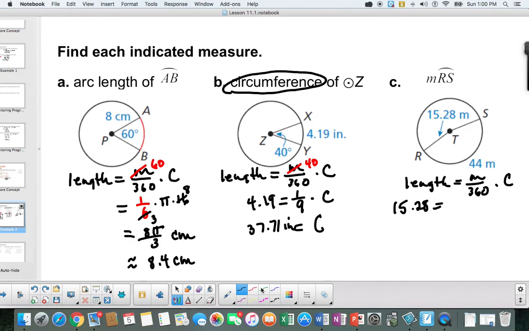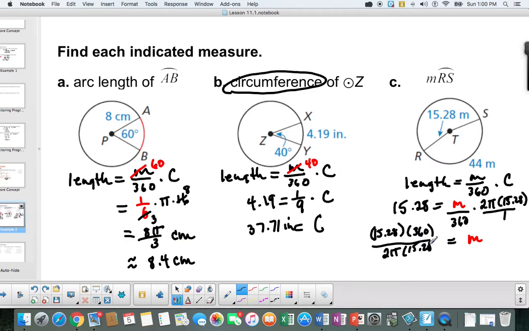I don't know the measure. I'll put m here, divided by 360 times, and then my circumference is going to be 2 pi, and then my radius is 15.28. Now what I'm going to do is isolate m, and to isolate m, I'm going to multiply by the reciprocal. So I'll have 15.28. I'll be multiplying by 360, and then dividing by 2 pi